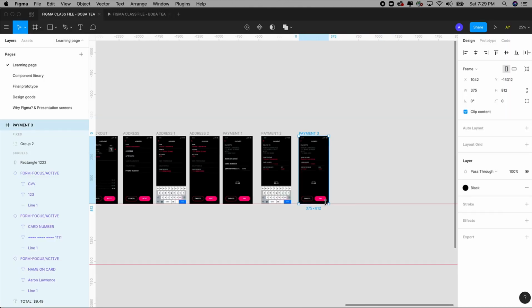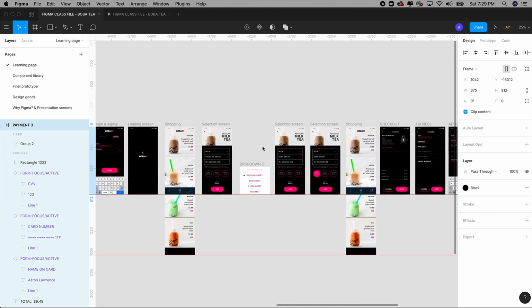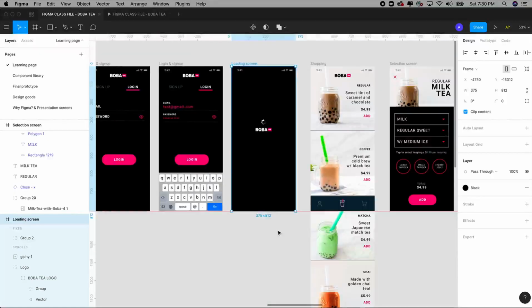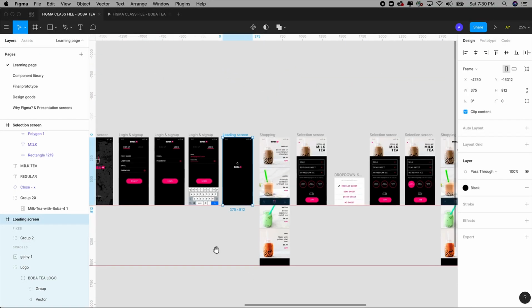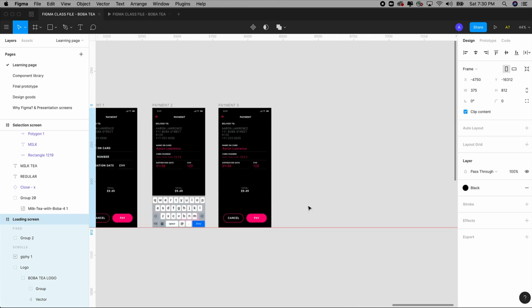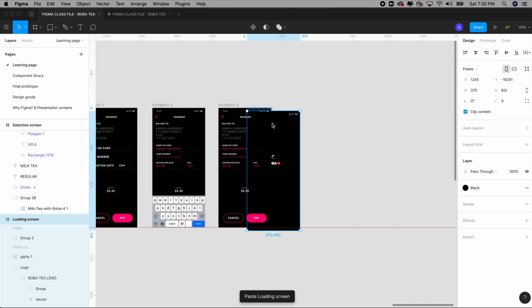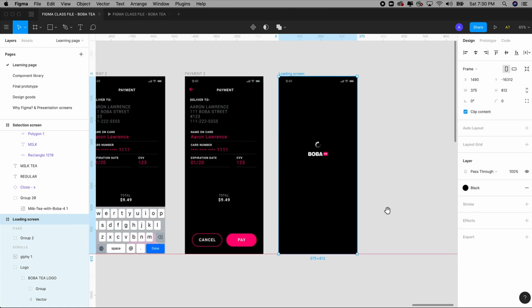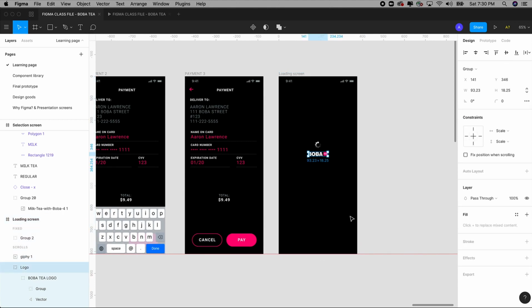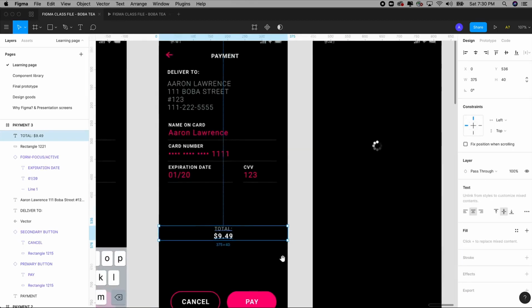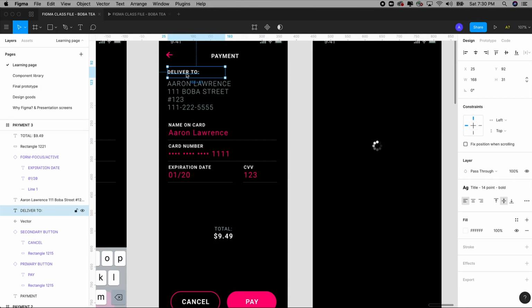So the next thing we want to do here is grab that loading screen that we made here in the beginning after you logged in. I'm going to copy it, and I'm going to just pan over to this section. Press Command V, and I've placed that artboard into my layouts. I'm going to keep the animated loader GIF here, and just delete the logo. And I'm going to just grab this delivery text,